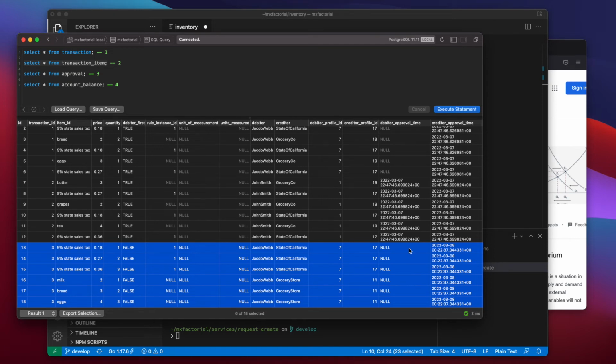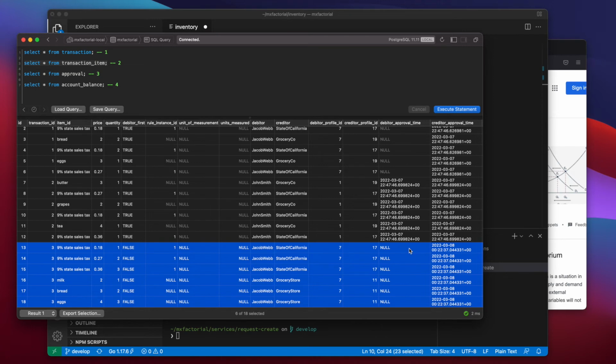Pausing for a moment to describe a shorter alternative ending to this story, requests can become transactions immediately. That is, when they're received by the request create service. For example, as described in the previous video, the store owner can create a rule approving payment for items, and so, rather than the cashier ringing up items at the register and sending the request, the customer originates the transaction request from their mobile device, and the request create service will add their debitor approval.